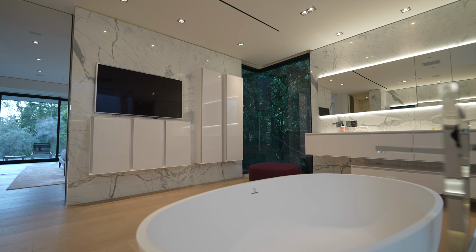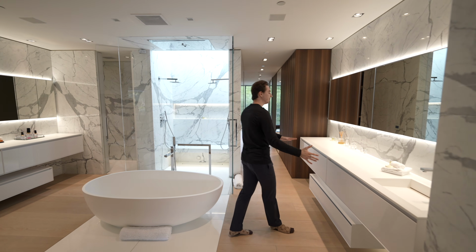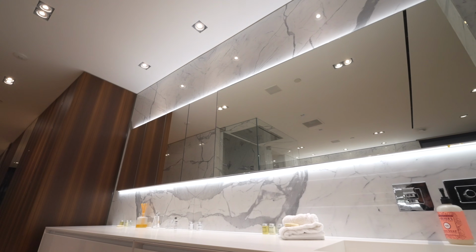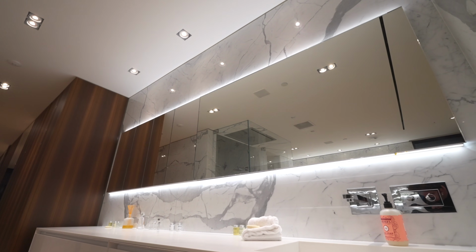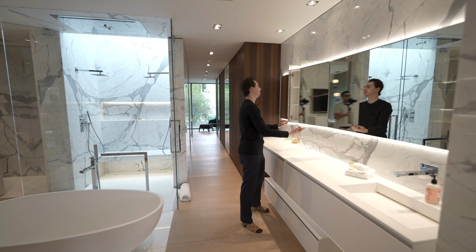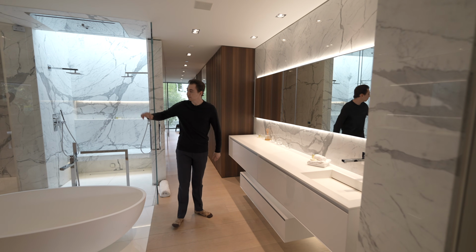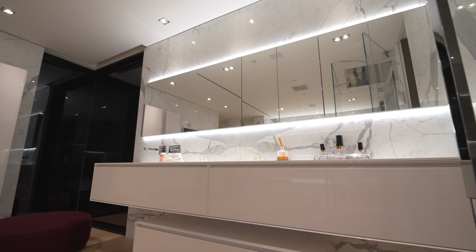Corner glass detail looks out to the foliage, and if we take a look here on my left, this is your first floating vanity for this bathroom. Of course, you've got the fabricated sink, and up above here, you've got your massive mounted mirror, which is backlit with the LED light strips, and of course, you've got the medicine cabinets, which go all throughout the space, which is pretty cool. You've got all your built-in shelving in there, and your medicine cabinets are also soft closing, which is pretty cool. On the far side, we have an identical vanity, of course, with the backlit LED mirrors and